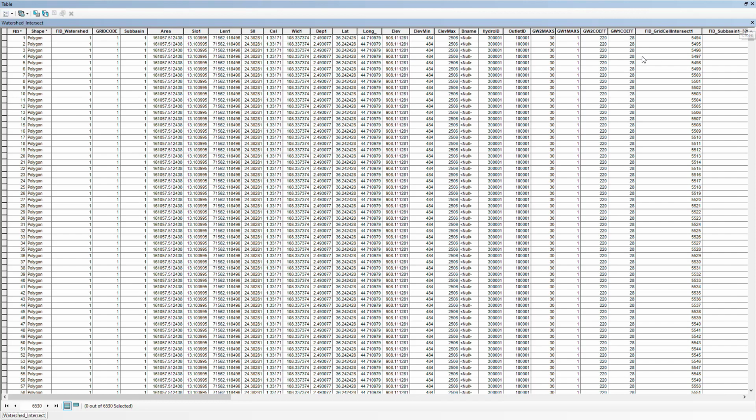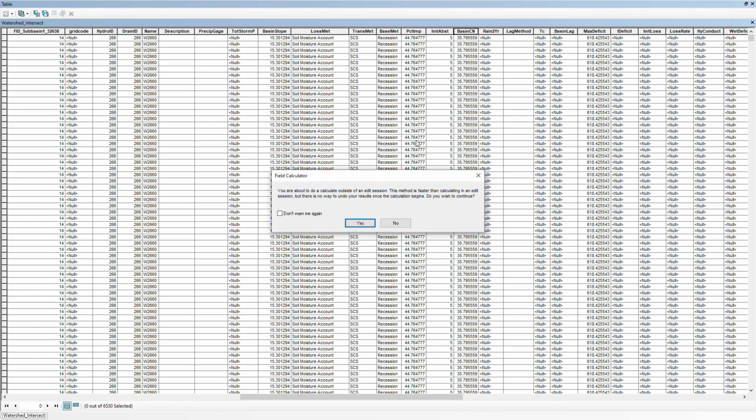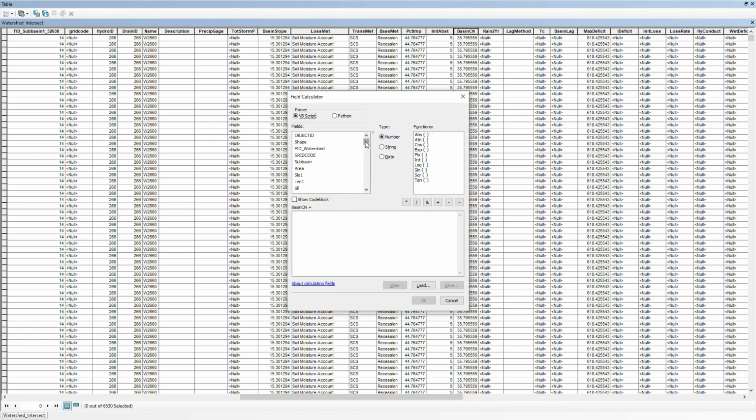To create the HEC-DSS file for these two parameters, we transfer the values from the field titled GW1 coefficient to the field titled basin CN, where we make a right click on it, then we choose field calculator, then yes, then we choose the GW1 coefficient field, then OK.